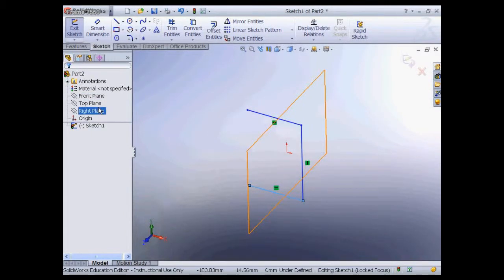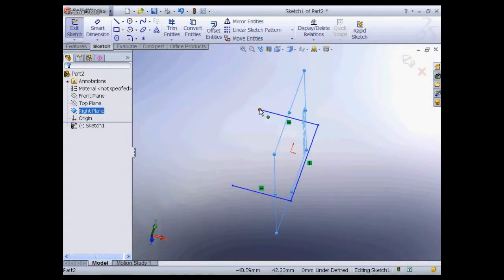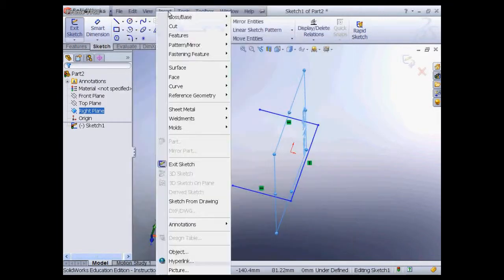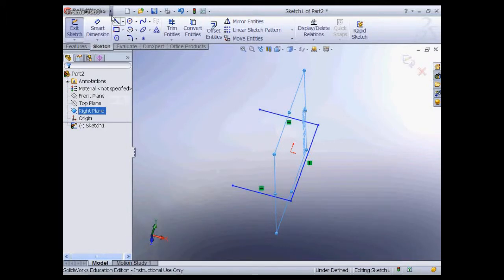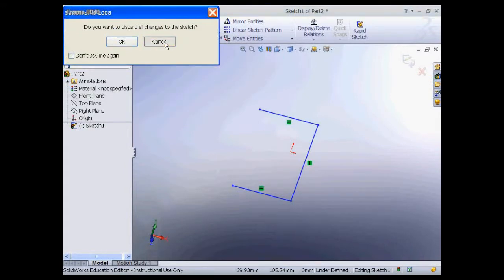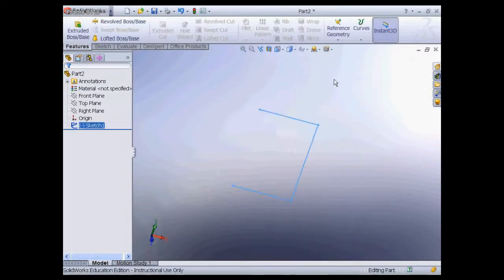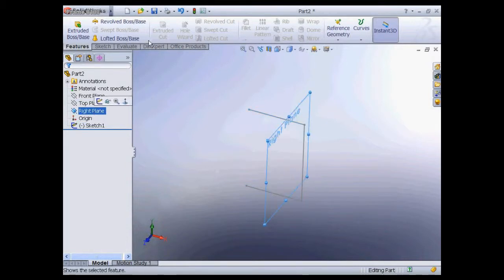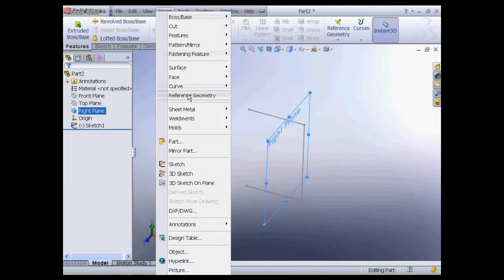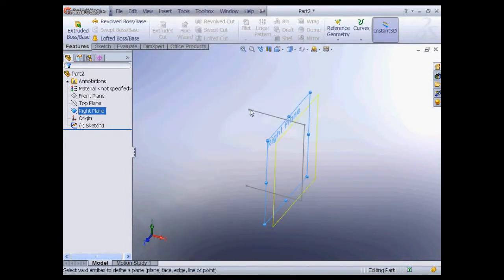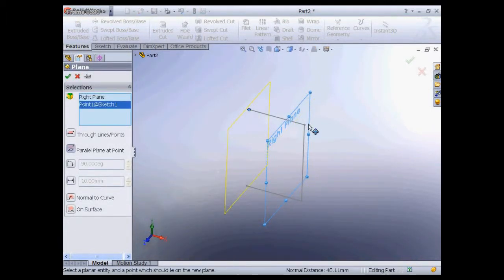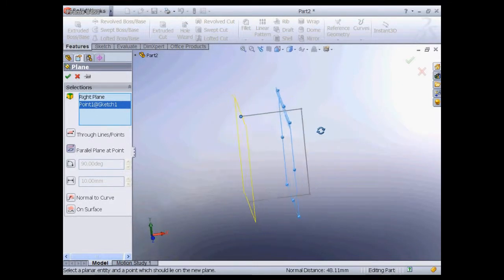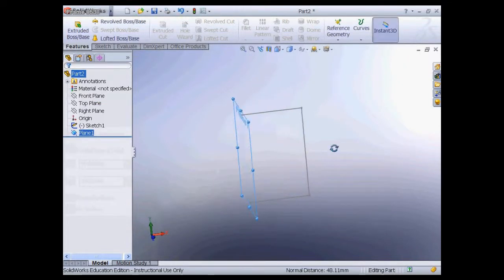So when you just make it, you can see we have the right plane, but the right plane is not the same as that point. So we need to use another technique called insert reference geometry, and then when you click into the right plane, you can use insert, because you need to exit the sketch. When you click into the right plane, you can use insert and then reference geometry, the work plane, and then you just click into the point. You can see we can create the work plane about that point,